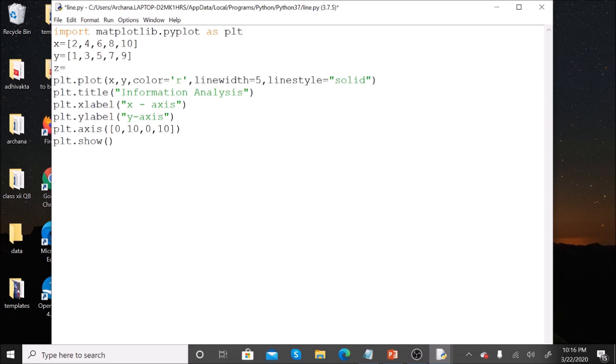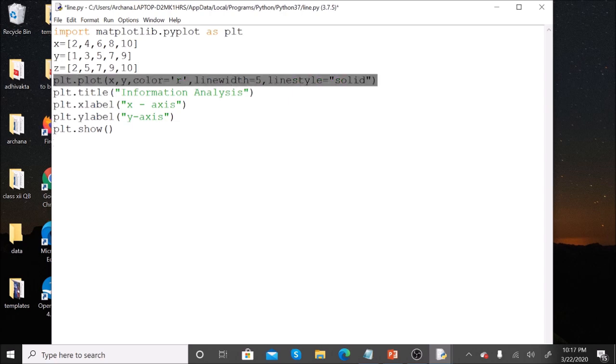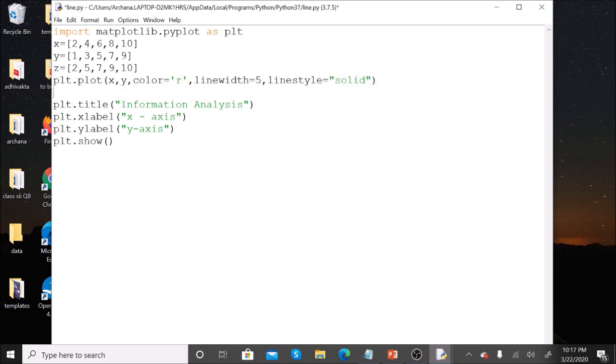Now we'll see how we can plot multiple lines in the same graph. We have defined another data set z here. We'll copy this, paste, and change the data values and the color.